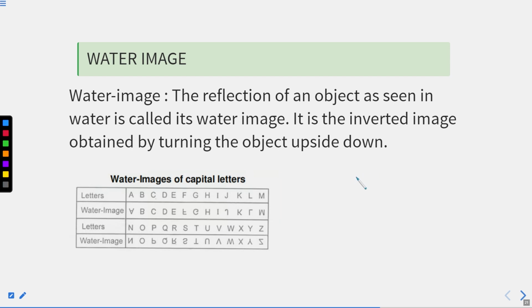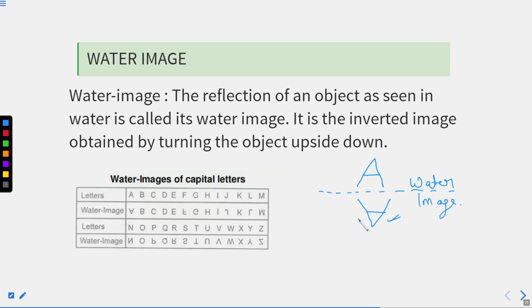Before we start anything in this chapter, whenever you go out in a forest area or any water spot, you will see your reflection, right? So do one thing, write a letter A on a board and put it above the water level, right? Let's say this is the water level. Now what kind of image will appear in water? Exactly the reflection of this, right? So this is what we call water image, right?